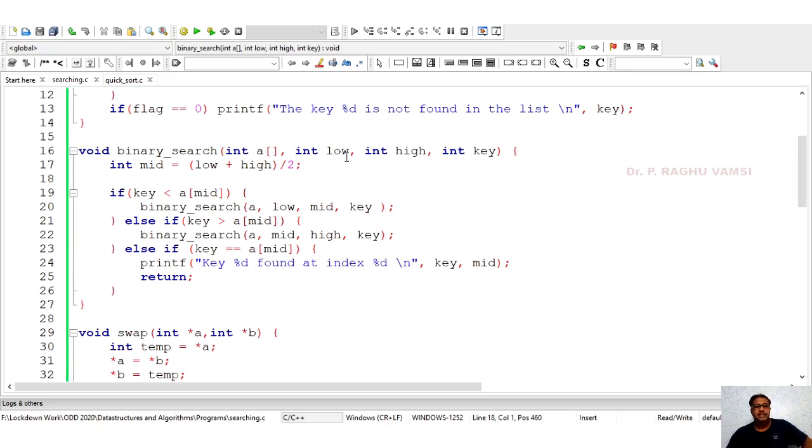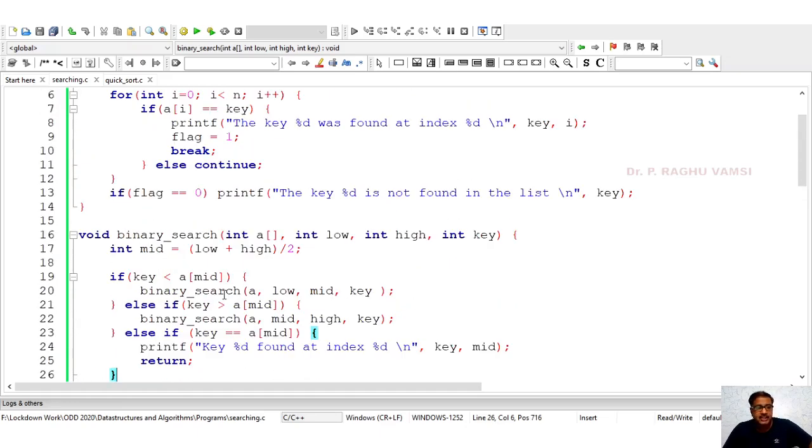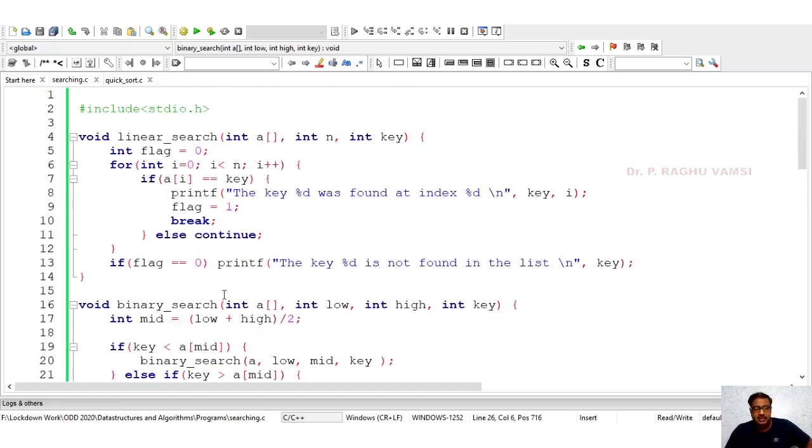So low is 0, and the mid value is the high value, so within that range only the key will be searched. Again mid is equal to 0 plus mid by 2, and it will be checked with the a of mid value. If it is still less than, it will go into the left side part. Otherwise it will go to the right side part. So this is the way the binary search and linear search are implemented.